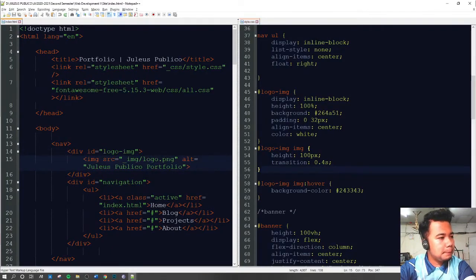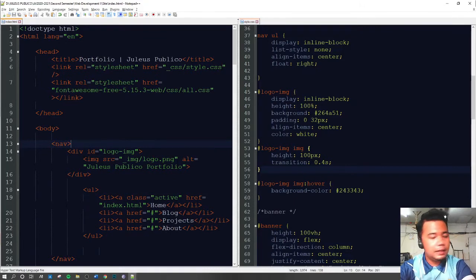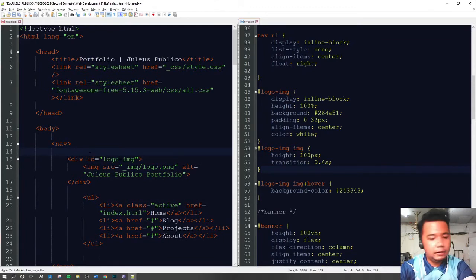Another thing that we're going to change as well is we're going to remove this particular division because we didn't really use it in our CSS. So we're going to remove the navigation division. All right. So please try to keep up with the changes that we did so far. Try to take note. All right, that's it. And then we are now going to start creating a responsive navigation